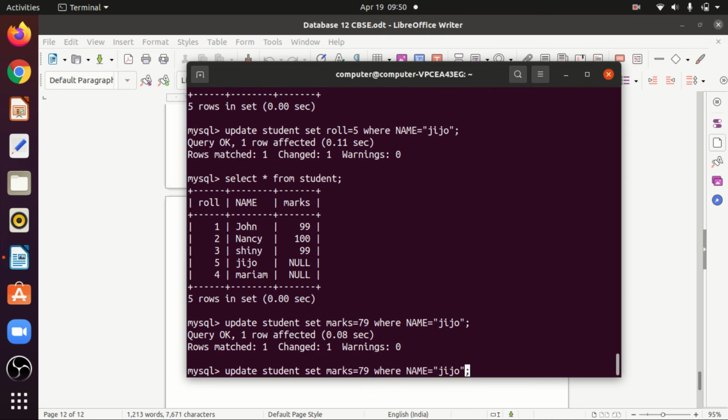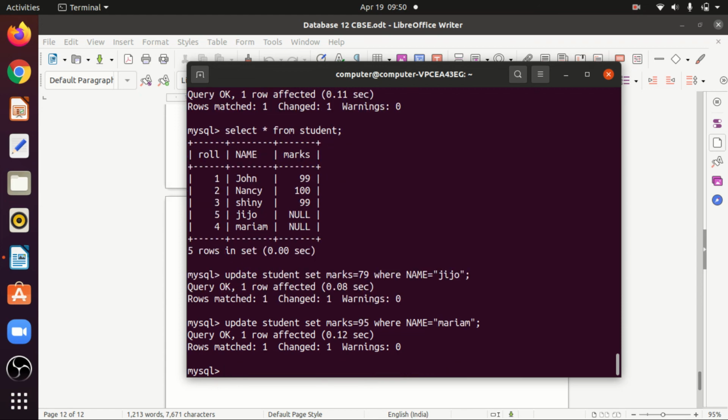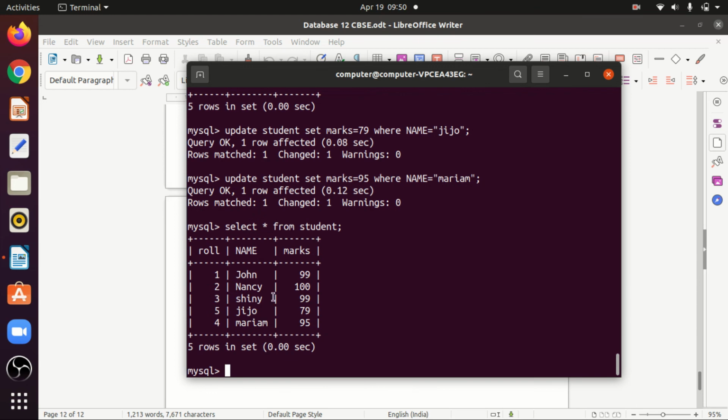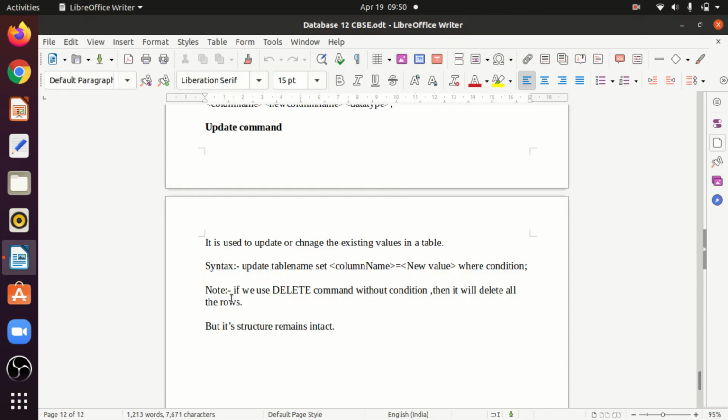And then marks equal to 95, where name is Mariam. Done. I will check whether it has been updated or not. See, everything is updated now. So this is the command for updation.